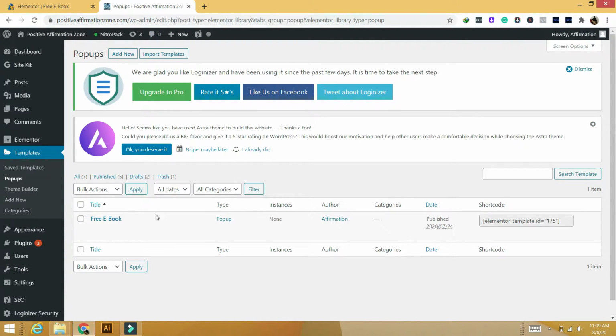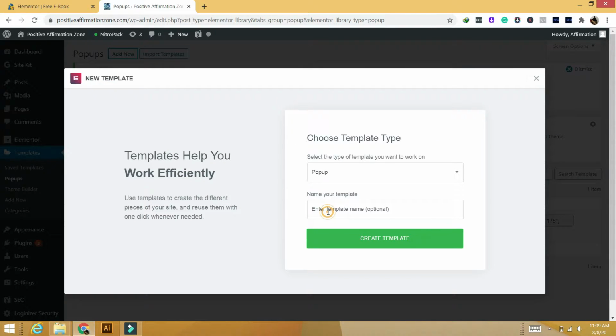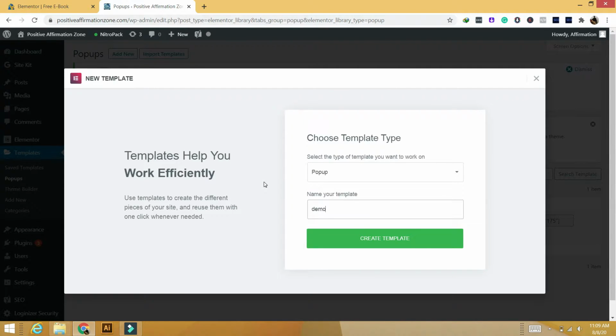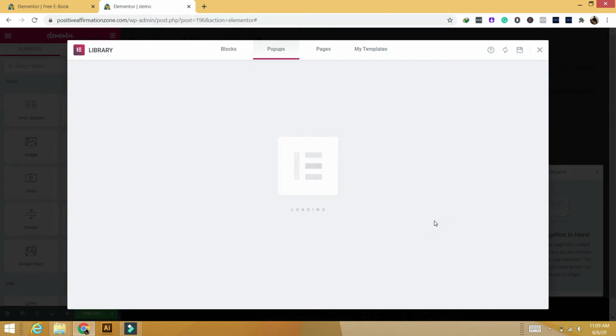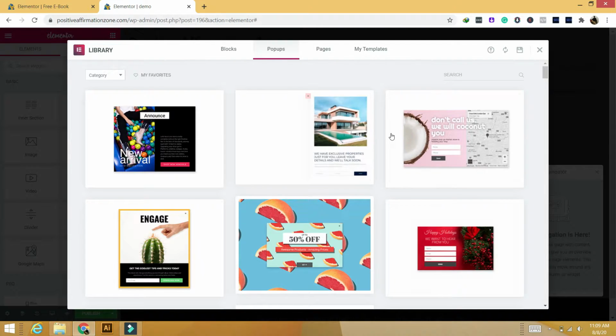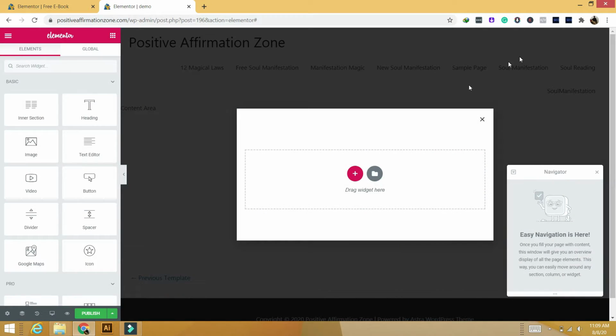and then I will create a new pop-up, name it something like demo. It will ask for the templates that you want to choose. I don't want to choose any template.